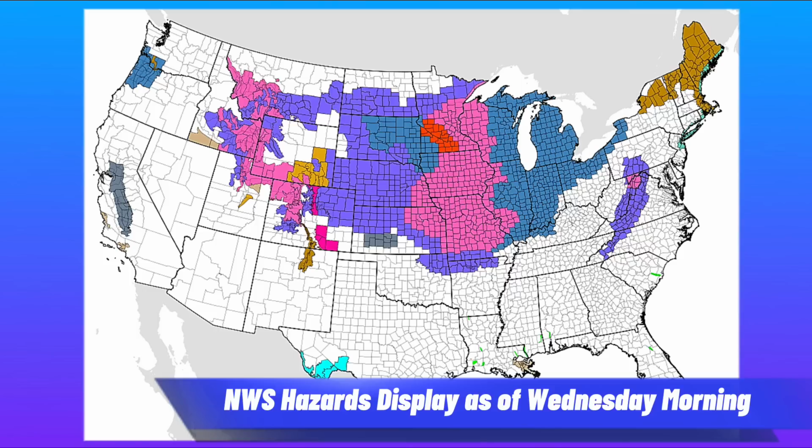Winter storm watches remain in effect for the Ohio Valley and Great Lakes in the blue shade, as well as parts of southwest Minnesota, northwest Iowa, and eastern South Dakota. Other winter storm watches are in effect for parts of Oregon and Washington state ahead of an incoming storm from the Pacific Ocean. Blizzard warnings are also in effect for a large portion of Minnesota, due to the risk of